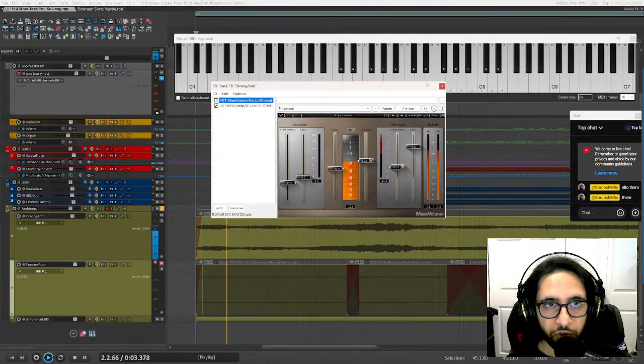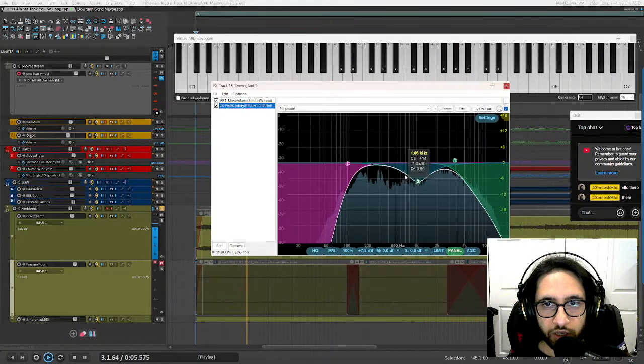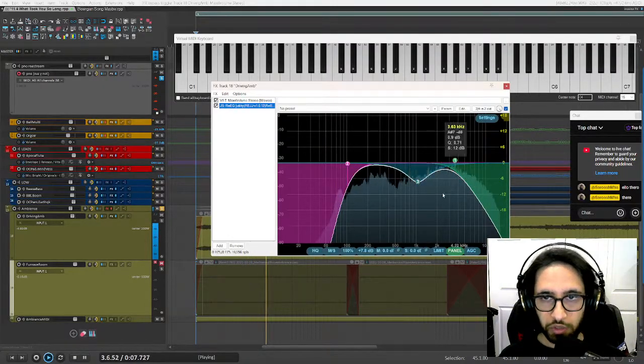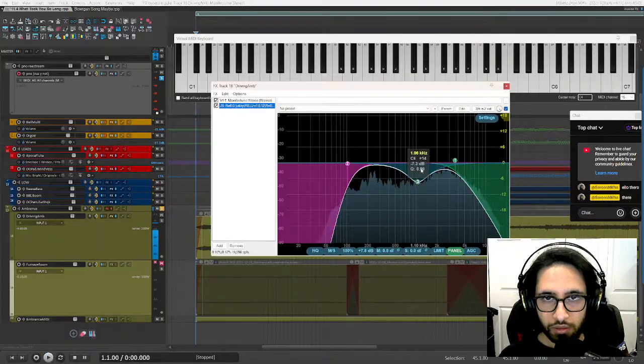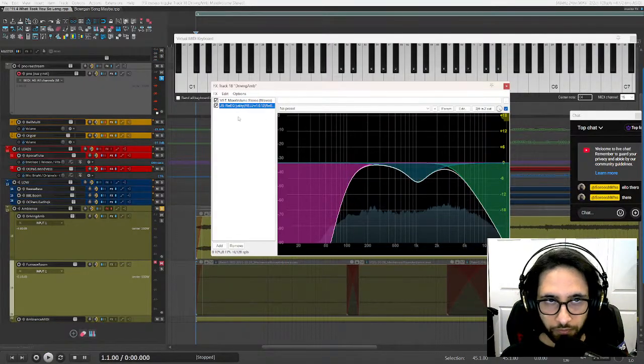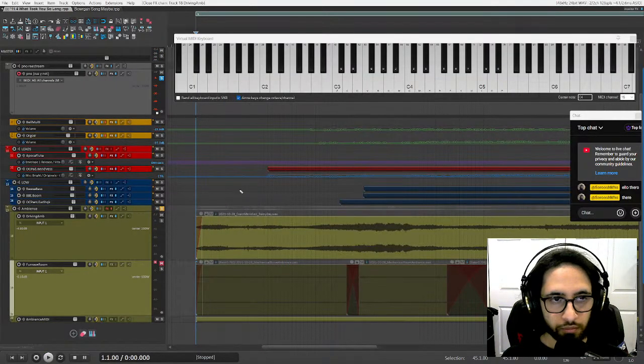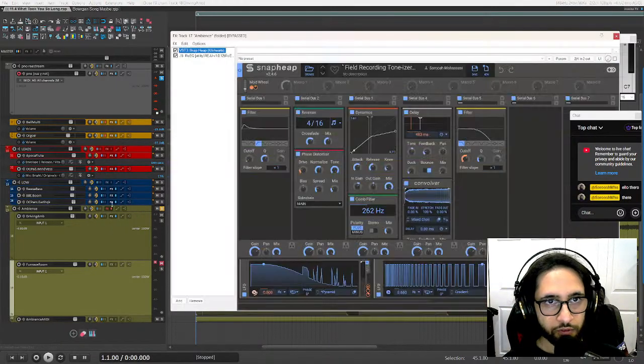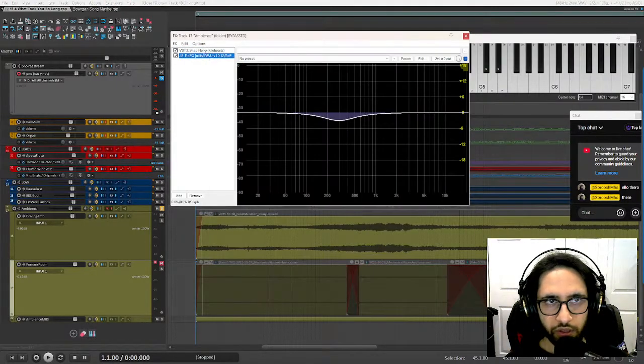Okay, so a lot of compression. And then some EQ, I guess. I just took out the high end and the low end, and so it's just the mid-range. Just to make it more pleasant, I guess. And then we have this